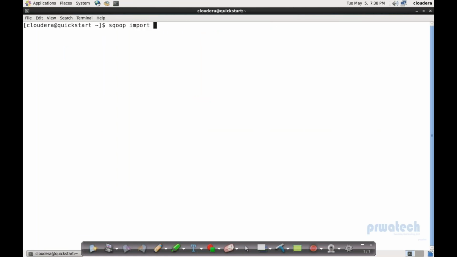So your query remains the same. Sqoop import hyphen hyphen connect jdbc:mysql, IP address, right? So 192.168. You should check this, but for me it is the same, so I'm directly using it. Username, password,